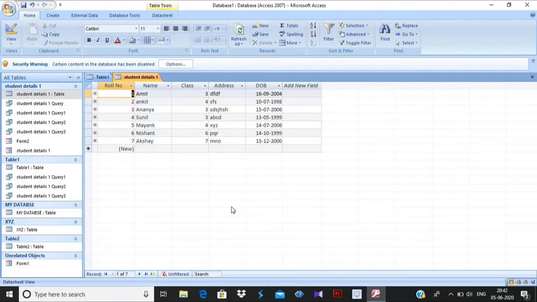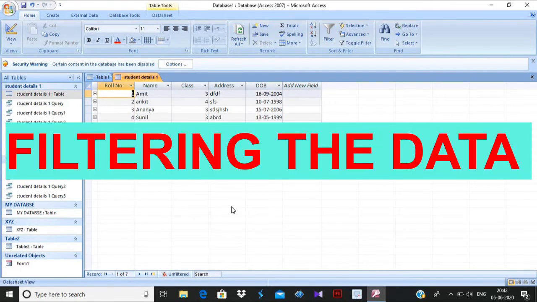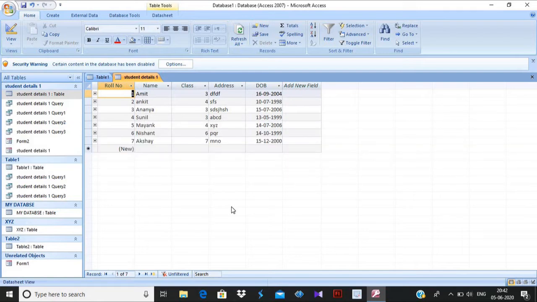Now the next topic is filtering in a data sheet. First of all, a normal filter means removing the dirt, or collecting a particular thing and removing the unwanted thing.